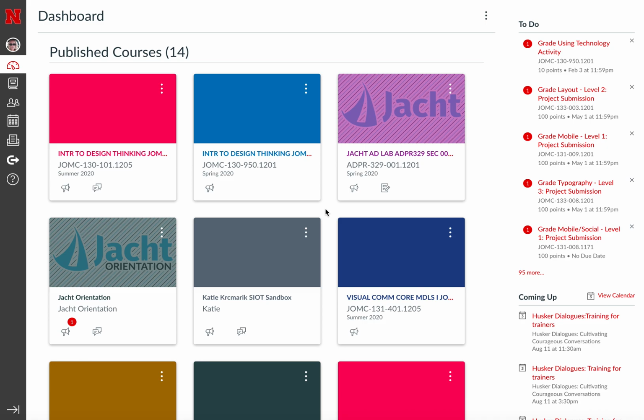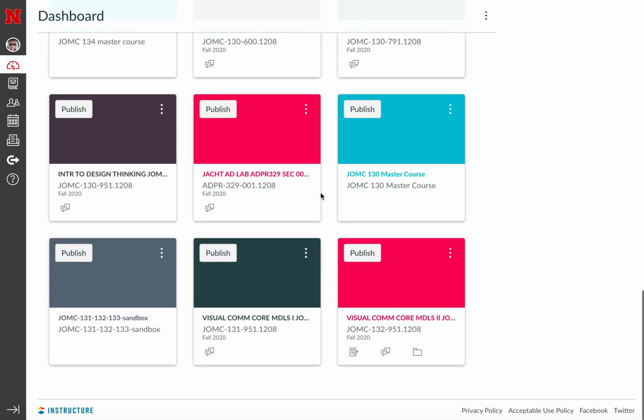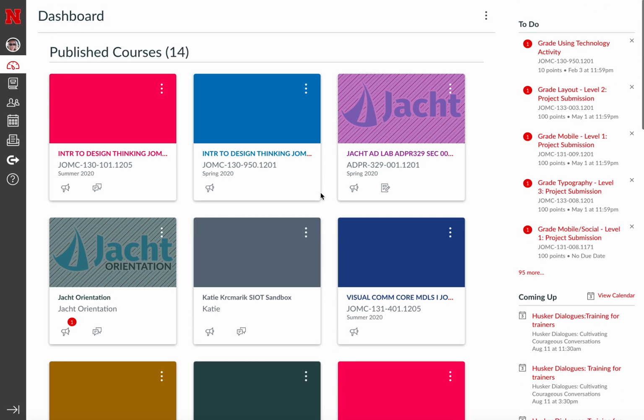Okay, so we're going to talk about how to load your content into your Canvas course. I realize some people haven't done it before and some people haven't done it in a while. So once you go to canvas.unl.edu, you should see a window kind of like this. You will probably not have nearly the number of courses on your screen, but you will have some